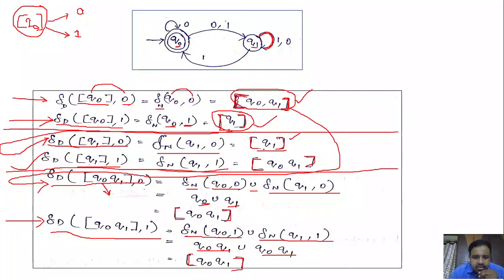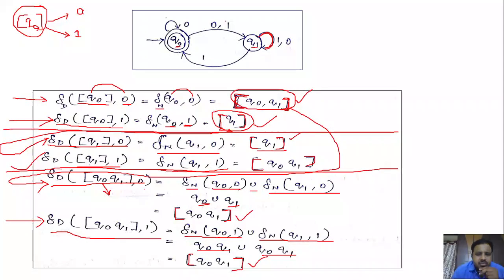So check out any new states that you got. One of the states is Q0, Q1, which we have already considered for the transition. And the next one is Q0, Q1, again the transition that we have already computed for these states. Okay. So if you get any new state, then again you have to specify the transition from that state on every input symbol in the DFA, right? So here we didn't get any new state. So here we could say the computation of this subset construction is completed.